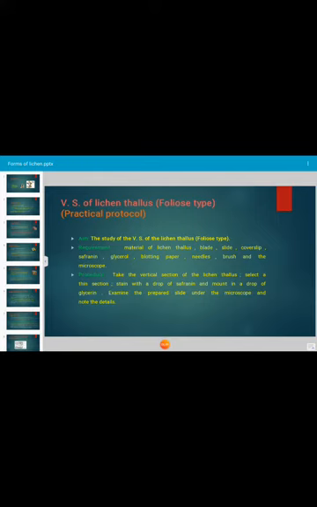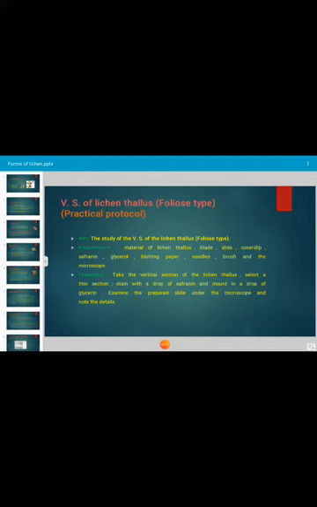And let us see, if you take the section of foliose lichen, let us see the internal structure of the foliose lichen here. Take a thin section. What we require for this practical: for the vertical section, we require a material of lichen thallus, blade, slide, cover slip, safranin, glycerol, blotting paper, needle, brush and the microscope. This is the requirement for this practical.